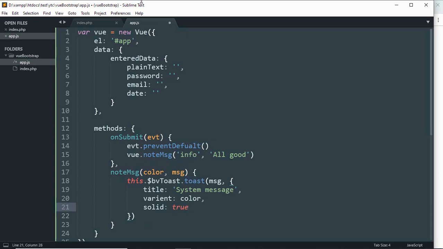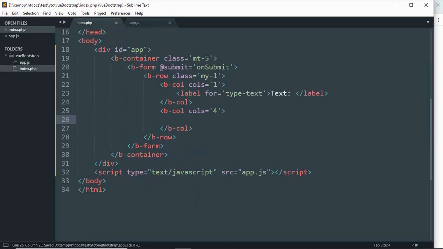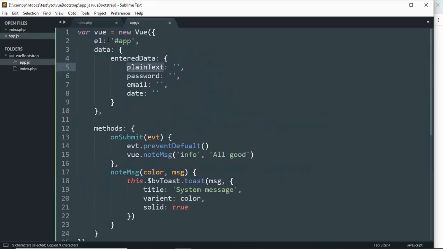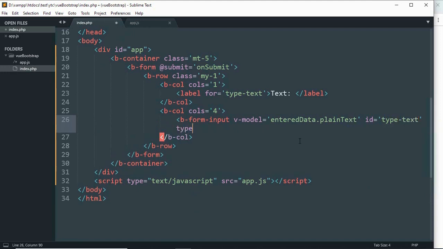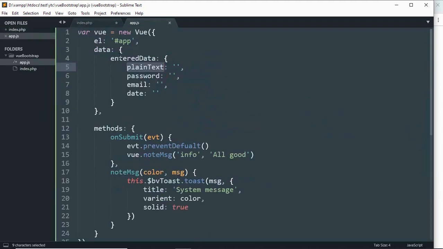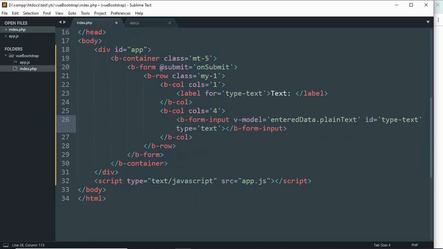Now return back to index.php and write, and here I write enterData dot plain text because we need plain text and plain text is inside enterData. In the similar way, write